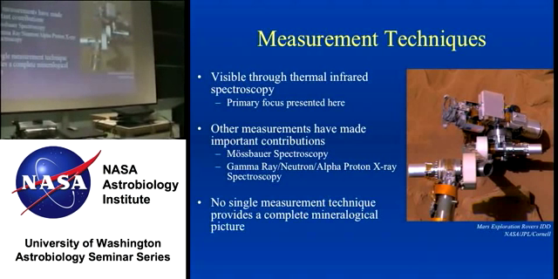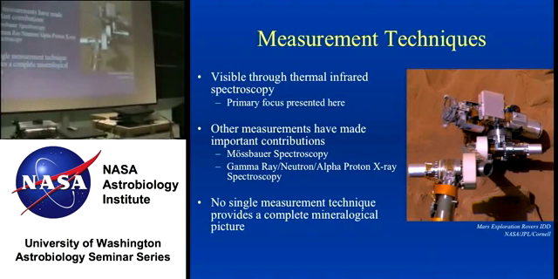Basically, my expertise is in thermal infrared spectroscopy, and a lot of the compositions that we know about the surface of Mars today are visible through thermal infrared spectroscopy, both from orbit and in situ. And that's going to be the primary focus presented here. But one thing I wanted to make sure I pointed out is that other measurements have been made, and they